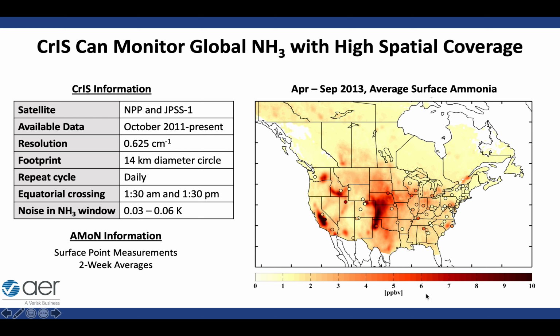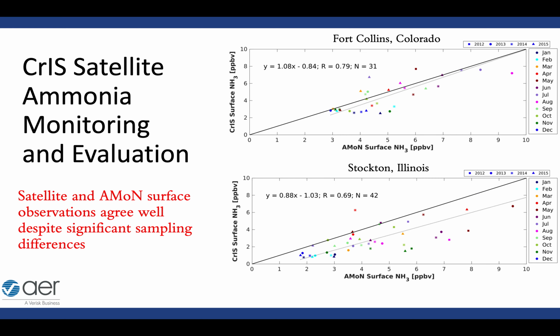To drive this point home further, here's a couple of individual evaluations. One at the top here is at Fort Collins, Colorado, and then on the bottom is at Stockton, Illinois. And so the take-home point here is that when we compare the CrIS to the AMoN, even just at these point locations, we're getting correlations anywhere from about 0.7 up to almost about 0.8. And so this pretty decent agreement, despite the significant differences in the sampling, is encouraging and gives us hope that